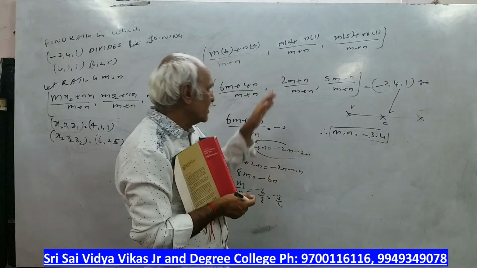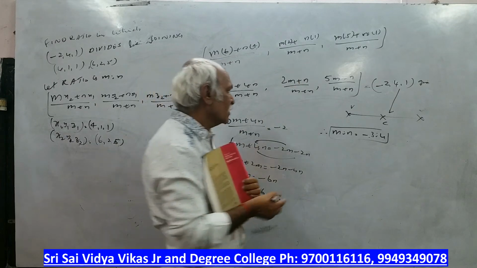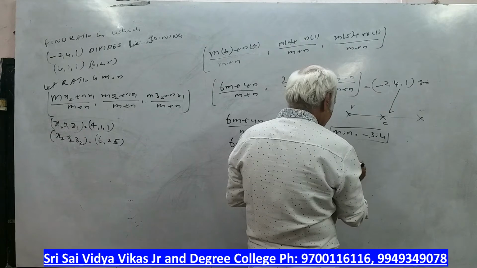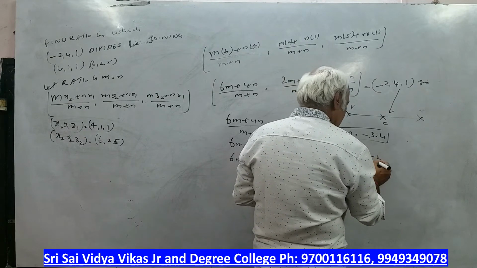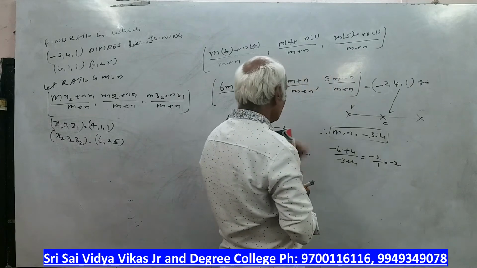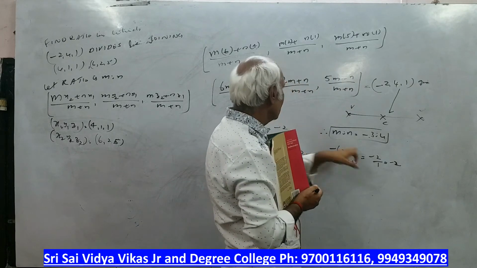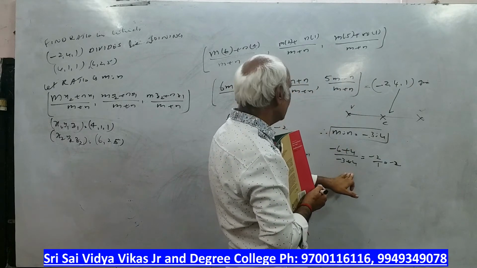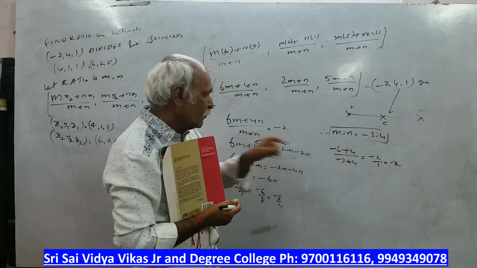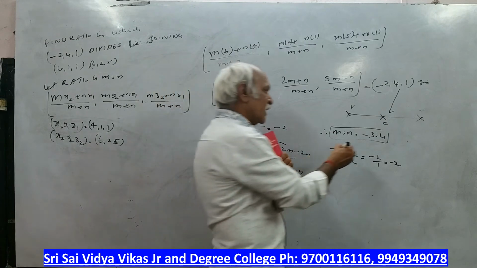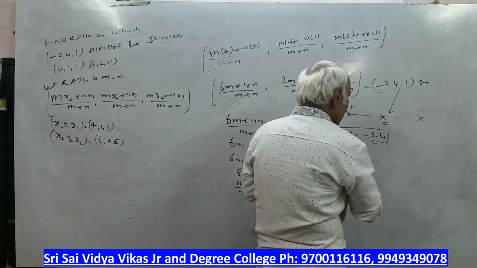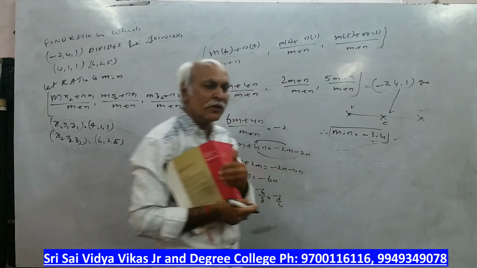Now we will verify. We put the m value, n value here. So what will happen? Minus 6 plus 4 by minus 3 plus 4. How much do we get? Minus 2. Okay, so what will happen here? So m is to n is minus 6 plus 4 by minus 3 plus 4. So what will happen here? It becomes 4. Okay, so this value is not tallying. So this will not divide, but generally it is valid. Okay, so what is the ratio? Minus 3 is to 4. Okay, please note down this.